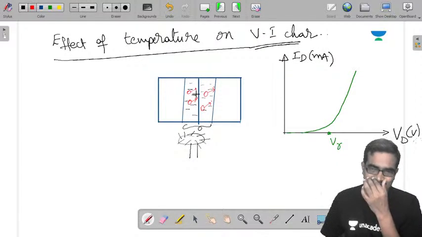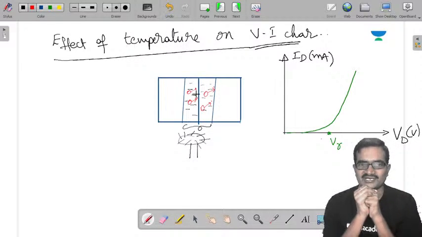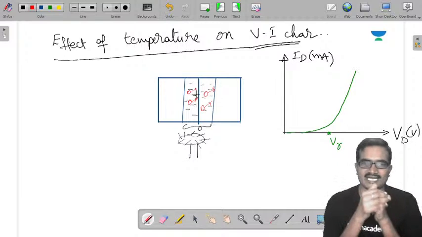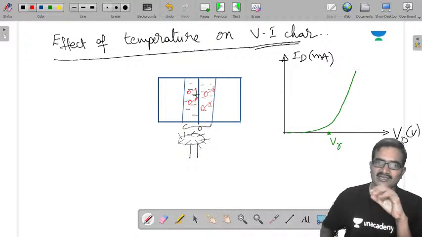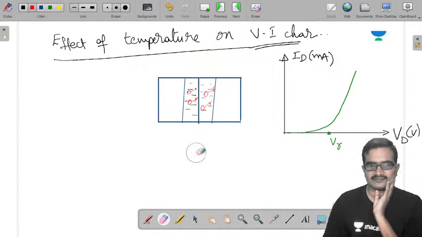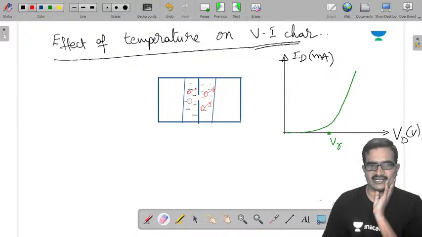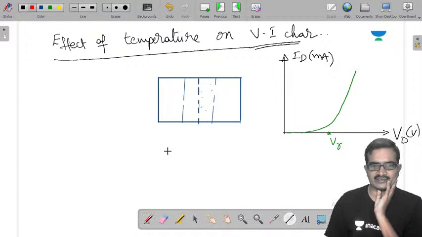So that means whatever depletion region we have, there is a chance of decreasing the depletion region, as more charge carriers are available. Previously there was no charge carrier in this region. See, initially no free charge carrier here, only depletion region. Okay, let us take the case now with temperature. So with increase in temperature, this is the case.